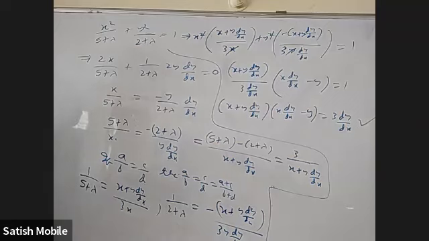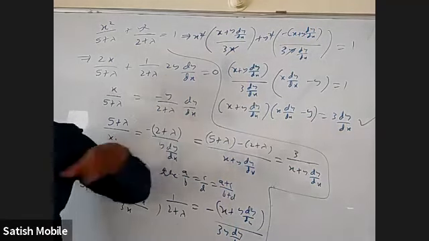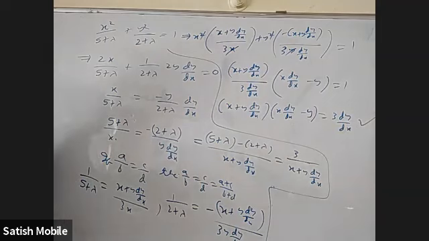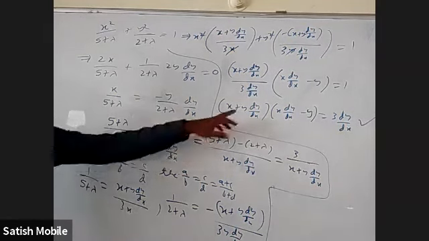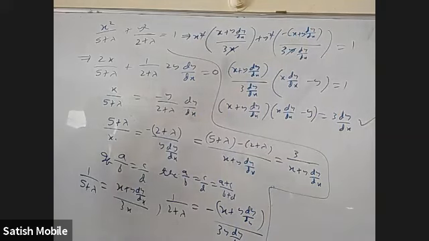Till now I only formed the differential equation, but I'm interested in the orthogonal family. So what should I do? If I want the orthogonal family's differential equation, wherever dy by dx is there, I should write minus 1 by dy by dx. So replace dy by dx with minus 1 by dy by dx and let us see what comes. We will not solve it, we will only write it. I'll tell you why we will not solve it. Just try to replace dy by dx with minus 1 by dy by dx.